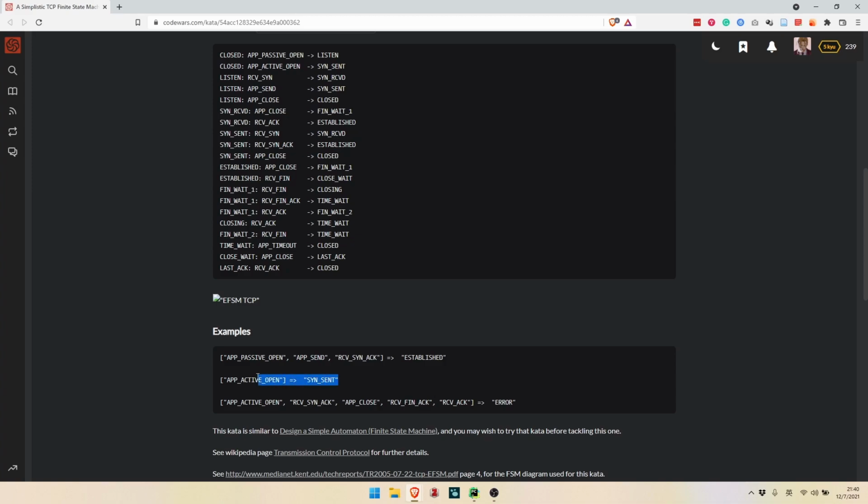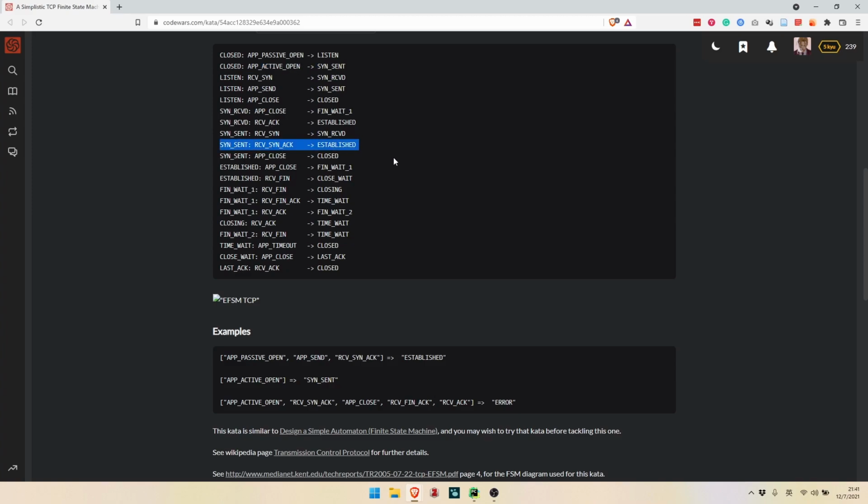The second example is quite simple. In the state of closed, we received an event app active open, and the state will be SYN sent. In the third example, which is a little bit different from the first two, in the initial closed state, we receive app active open, which is this one. So the state will become SYN sent, and then we receive SYN ACK, which is this one.